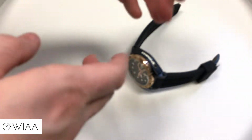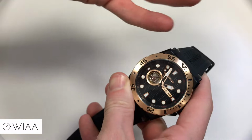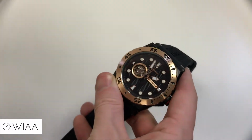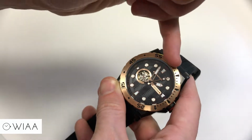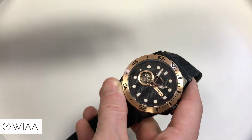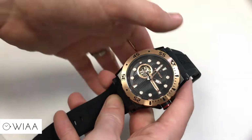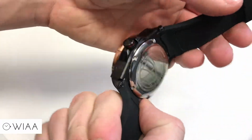So there's a couple of negatives that I think are a bit of a shame. First of all, the fact that it's not sapphire crystal is a bit of a bummer. And then there's a couple of little minor details as well, which you only really notice under a macro lens, but you know it's still there. The lume pip is not the best. Spinnaker logo is a little bit on the light side for my liking, and the lume as well could definitely be better. But apart from that, you are getting a massive amount of watch for the